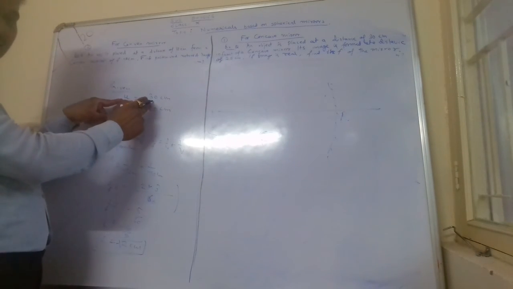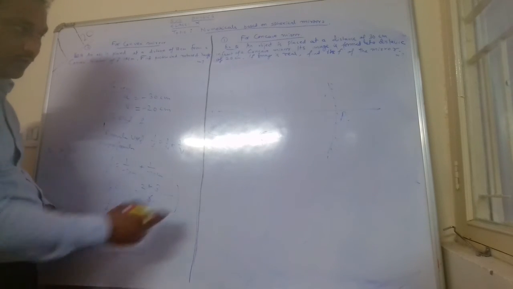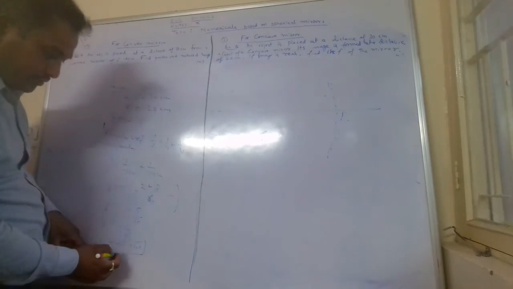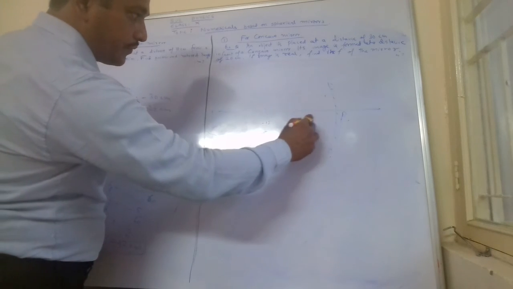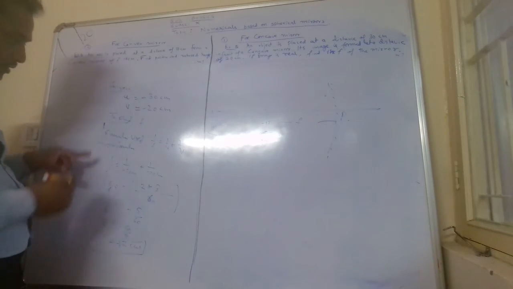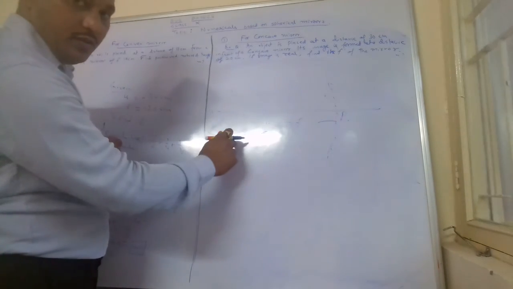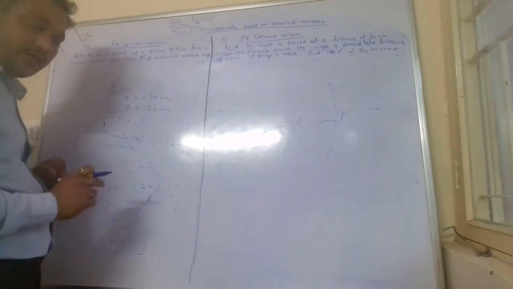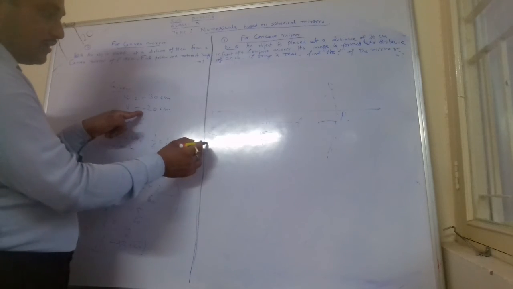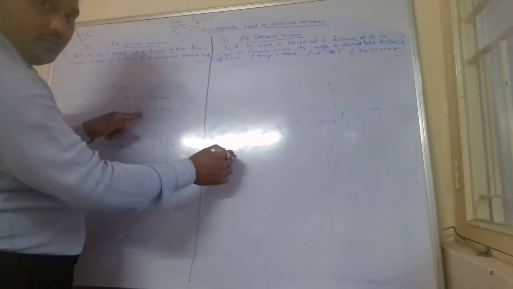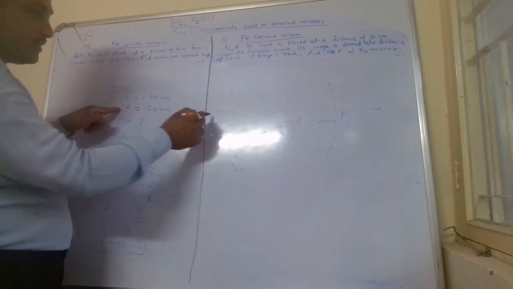Now you see the diagram. Object distance is minus 30 centimeter, image distance is minus 20, and focal length is minus 12. So here this is the focus. Focal length is how much? Minus 12. Okay. Now the object is placed at 30 centimeter. Where will be the center of curvature? Double of the focal length, 12 to 24. This is 24. And where is the image formed? Image is formed at minus 20, means between C and F the image was formed.